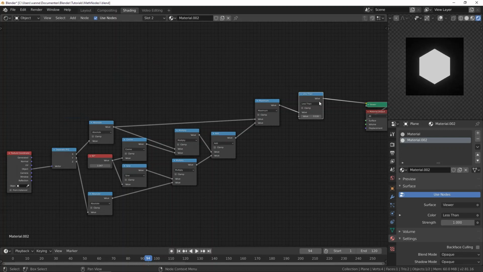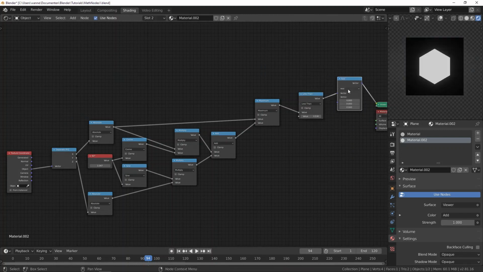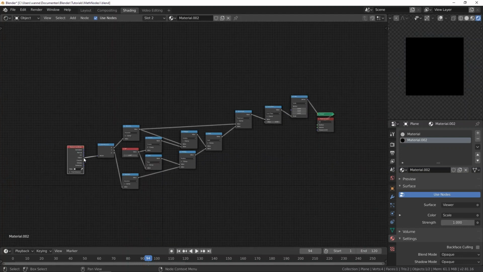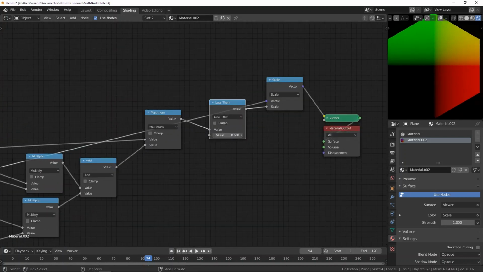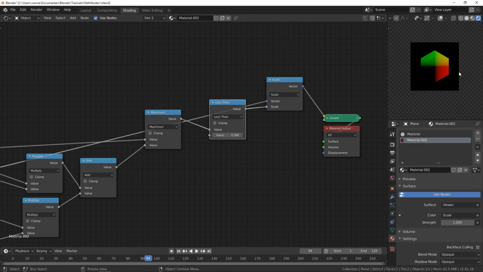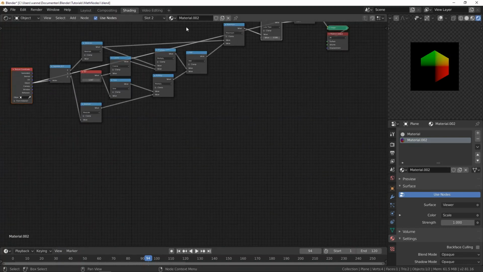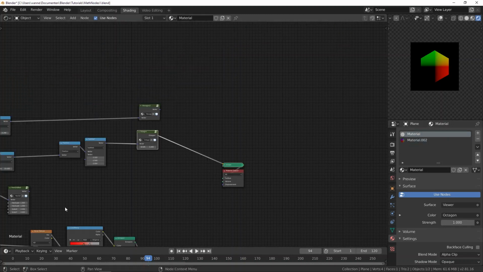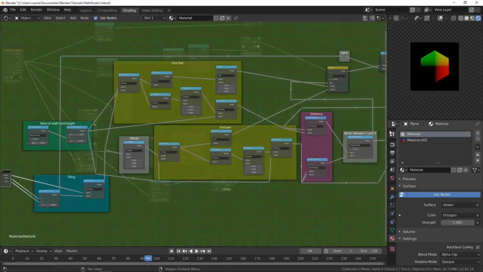And then we could add in a vector math node set to scale, and then take our original vector right here. And that way we only see part of the thing. So that's how we create the hexagon node. And in the next video I will show you how we can create this hex grid